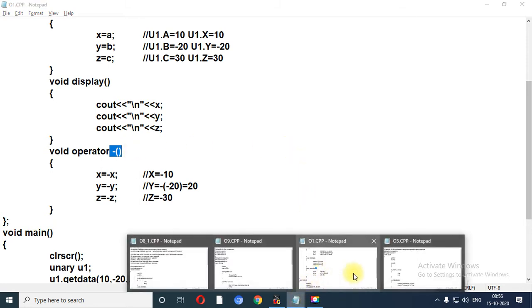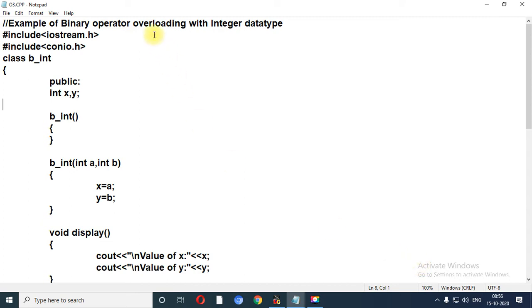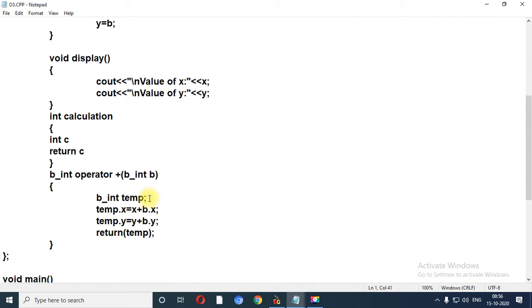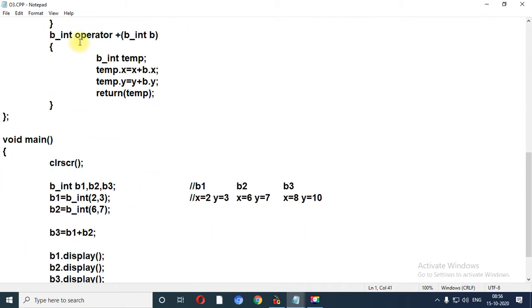Now see the second program. This is the second program, binary operator overloading. Now binary means 2, right? But remember one thing, that when we overload a binary operator like this, in the argument list we are able to apply only a single object.